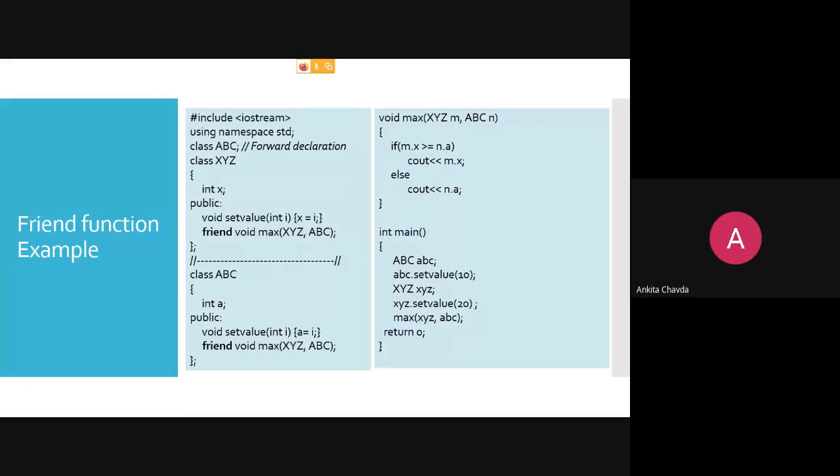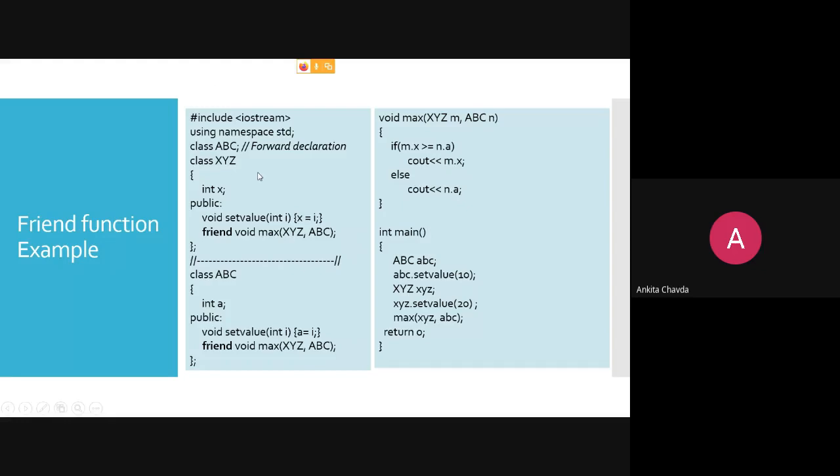So here I'm having this example, class XYZ and class ABC. These are the two different classes having integer X and integer A as their private data. Now what I'm doing is comparing this A and X and finding who is the maximum. These are the two different classes, just like you and your neighbor, right? And other people are comparing the results of both of you. So this is very similar to that. We are just comparing who has the highest marks, you or your neighbor.